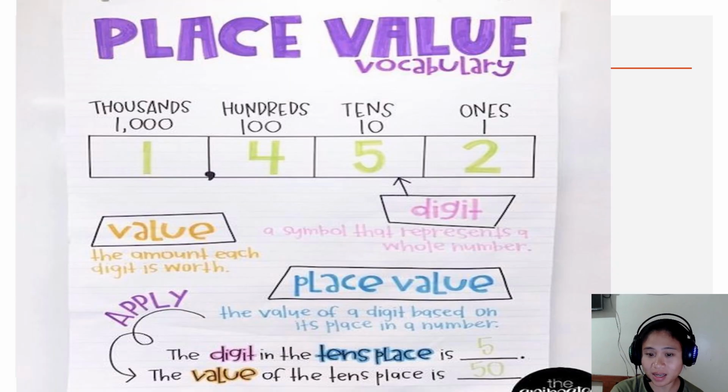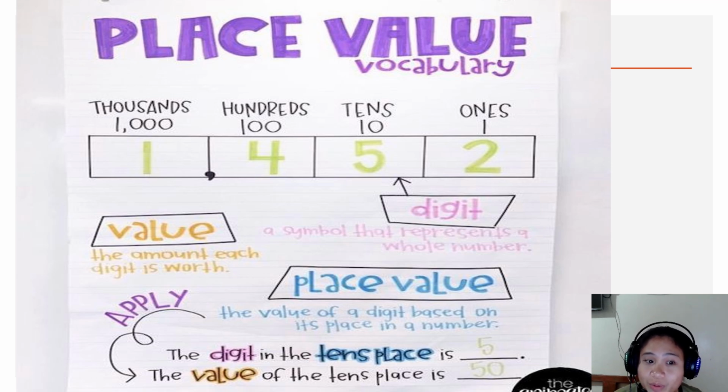So guys, how about this one? Take a look. Can you see this first digit 2? What is the place value of the digit 2? Ones. Very good. What is the place value of digit 5? Tens. What is the place value of digit 4? Hundreds. The place value of 1, here the last digit, is thousand.